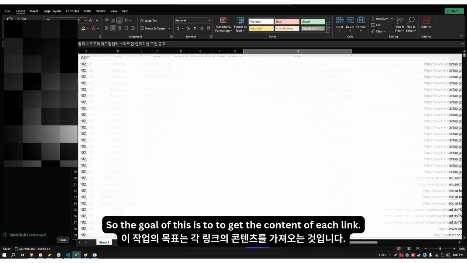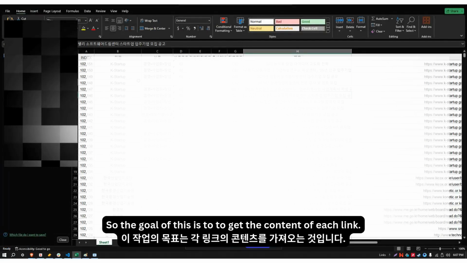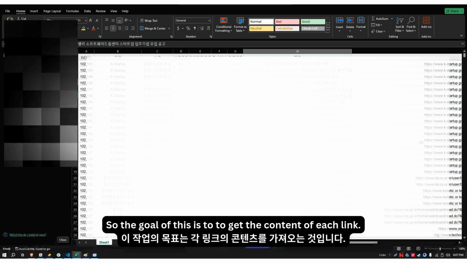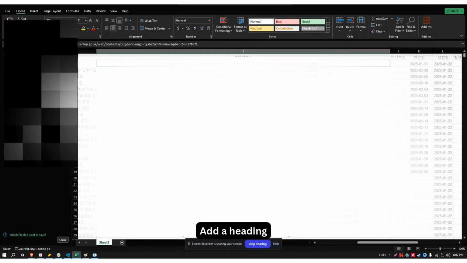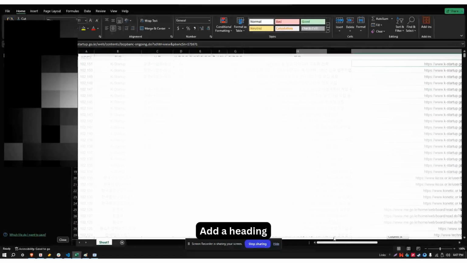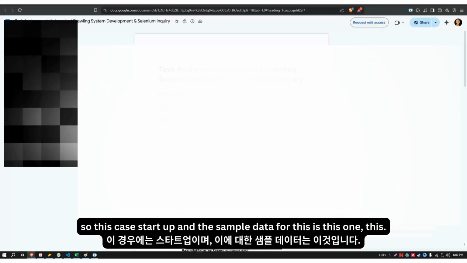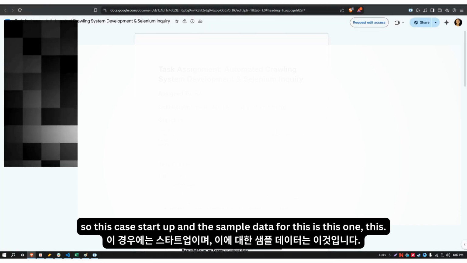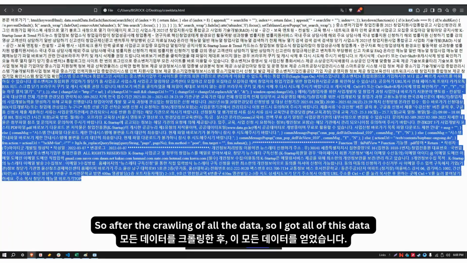The goal of this is to get the content of each link of the XLS file, and then for example this one. This case is startup, and the sample data for this is this one. After the crawling of all the data, I got all of this data, and I just need to make it